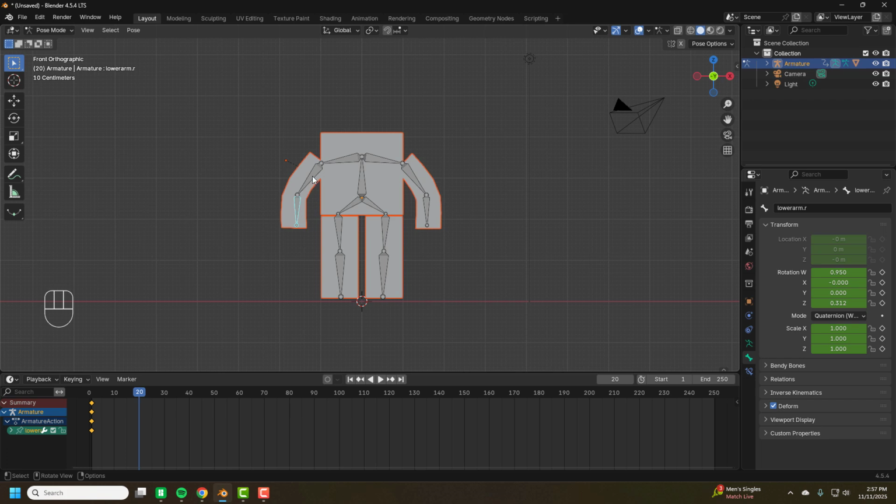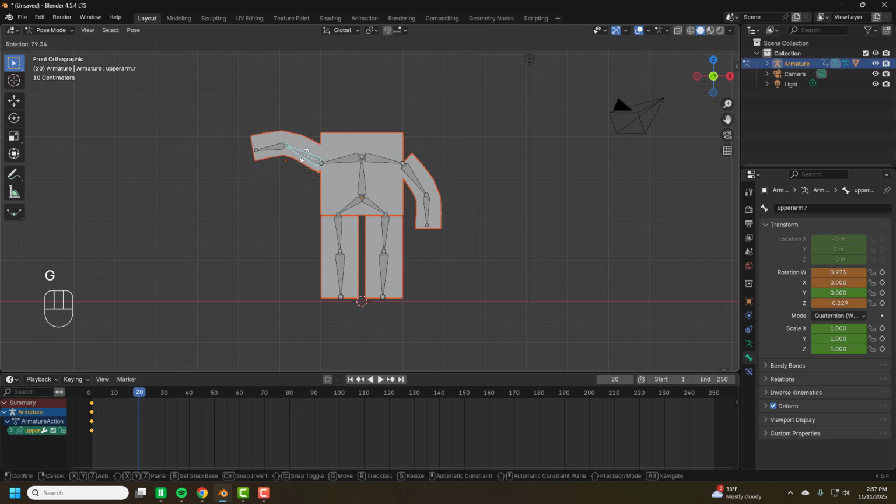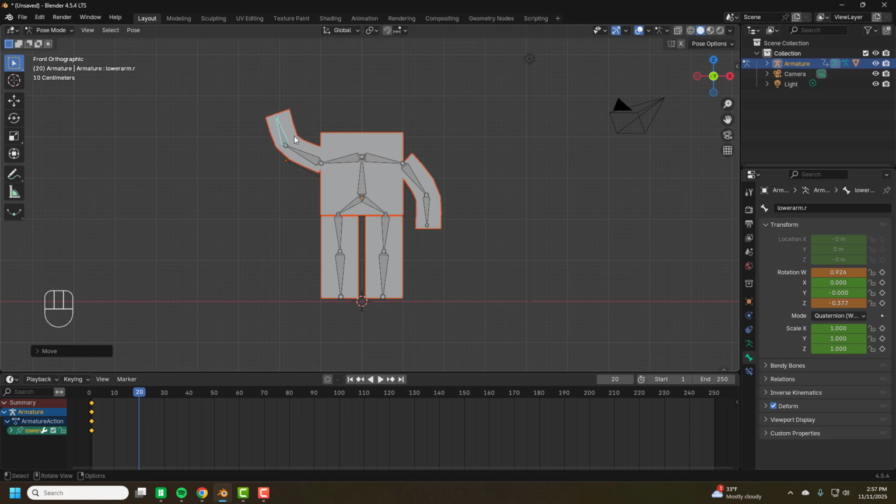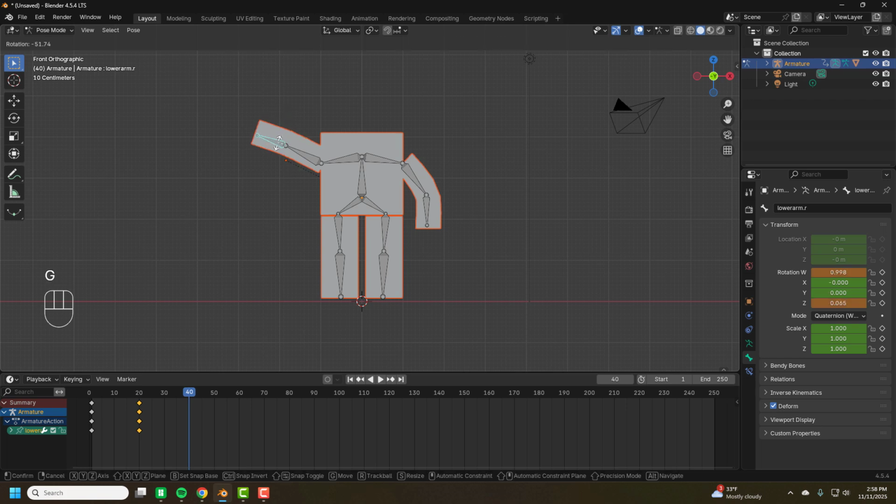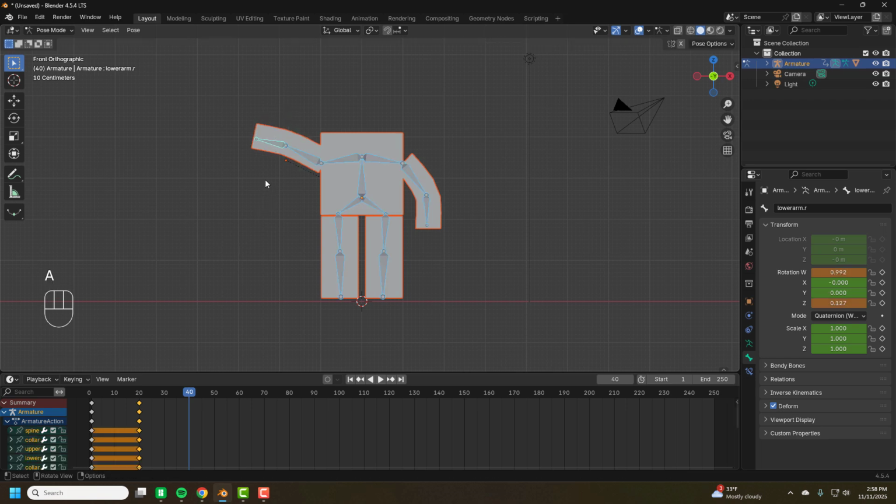I'm going to grab this arm, drag it up. Now I could create, just because I only moved those two bones, I could select just those two and I could create a new keyframe for those. But if I do that, that could cause problems later on. So I'm always going to do A to select all, and then I to insert a new keyframe for all of them. Then I'll come over here to 40, and I'm going to grab just this one, drag it down, A, select all of them, I, create a keyframe,